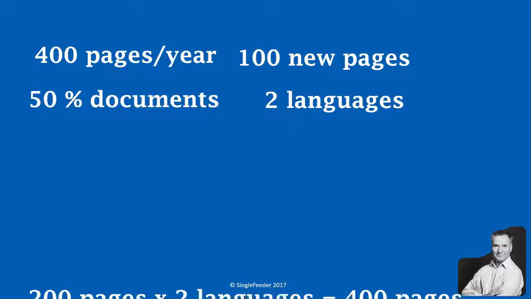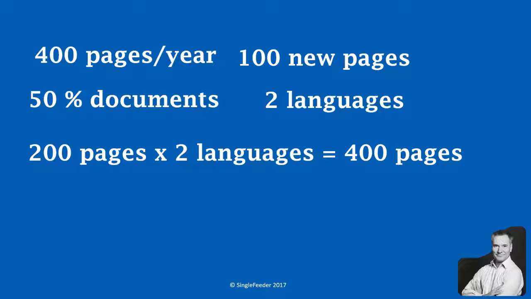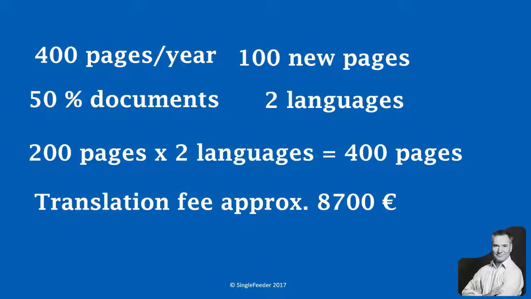You can convert this directly to the number of pages that you have in your documentation. So in the worst case, in this example, you would need to translate 200 pages. Multiplied by 2, that gives you 400 pages of translation per year. At the cost that we have just assumed, this would result in translation costs of about